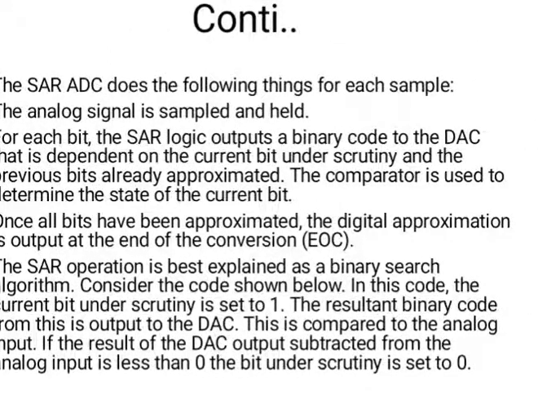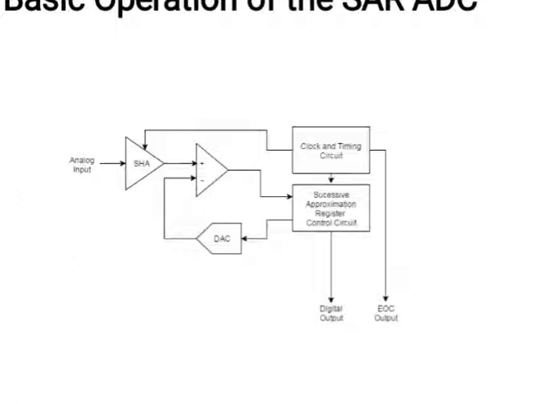So the successive approximation analog to digital converter circuit typically consists of some sub-circuits. The sample and hold circuit, which acquires the input voltage V in, an analog voltage comparator that compares V in to the output of the internal DAC and outputs the result of the comparison to the SAR. The successive approximation register sub-circuit is designed to supply an approximate digital code of V in to the internal DAC. Then an internal reference DAC, with the comparison with V reference, supplies the comparator with an analog voltage equal to the digital code output of the SAR.